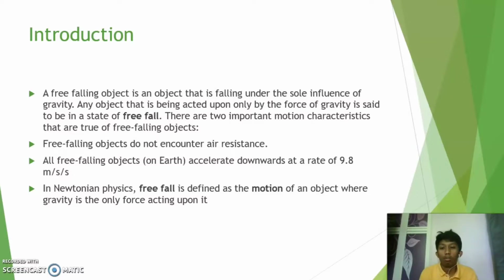Free-falling objects do not encounter air resistance, and free-falling objects on Earth accelerate downward at a rate of 9.8 meters per second squared. In Newtonian physics, free fall is defined as the motion of an object where gravity is the only force